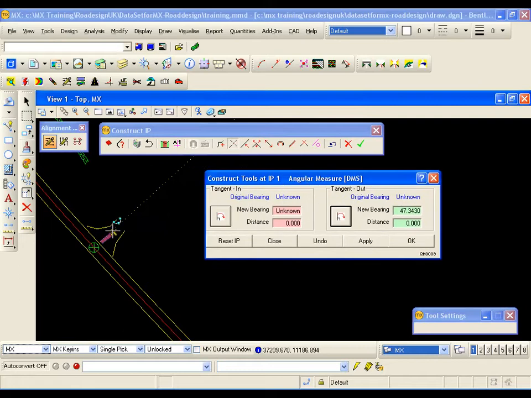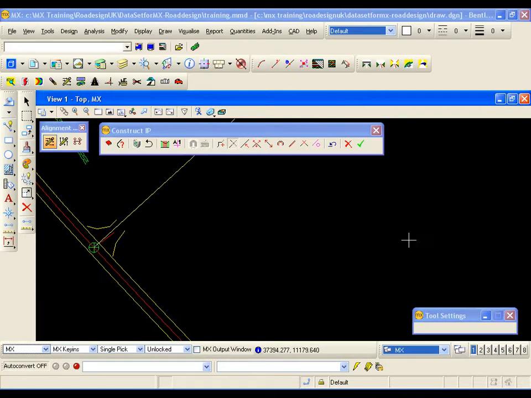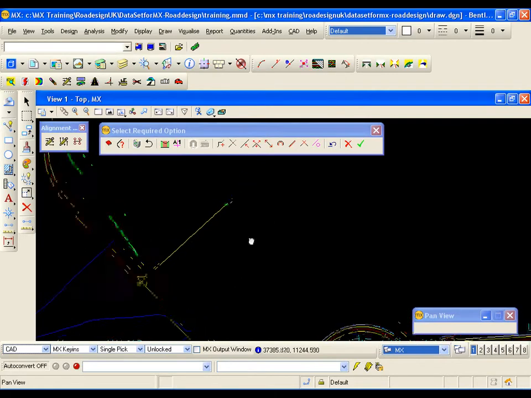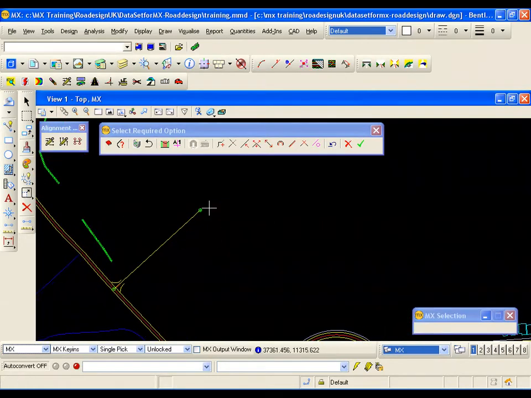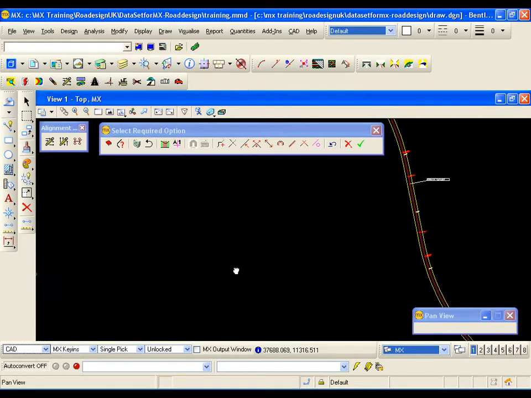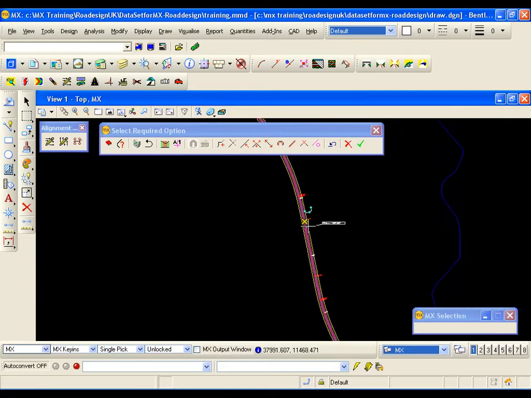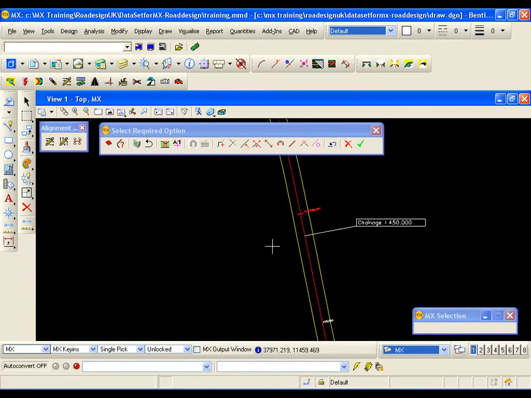I'm coming off into the survey. I'm perpendicular to the surveyed road, and we need a distance to the second IP of 200 meters. I'm going to OK that. I'm going to window out, and you can see I've constructed a second IP which is perpendicular to the existing surveyed road. I now need to complete this design of road 2, and I need to snap to the design